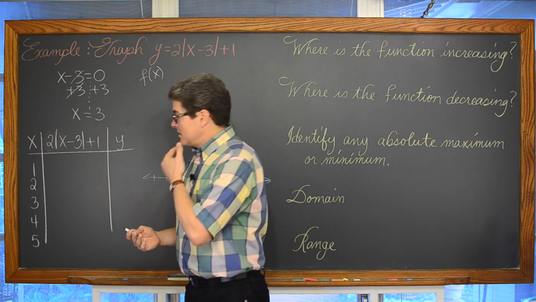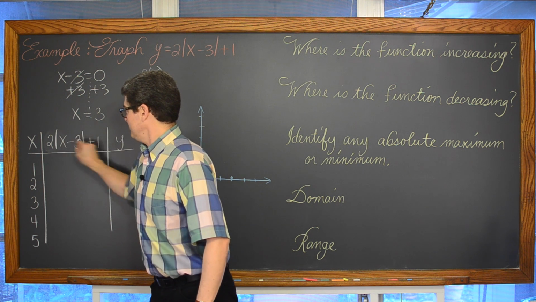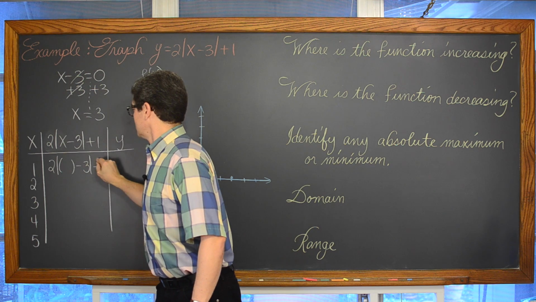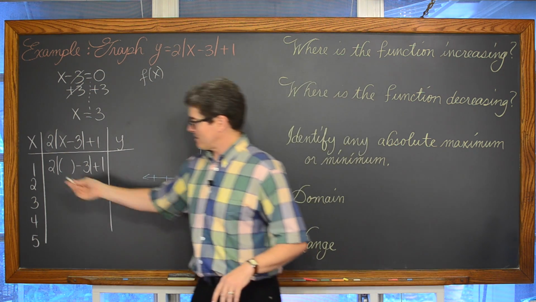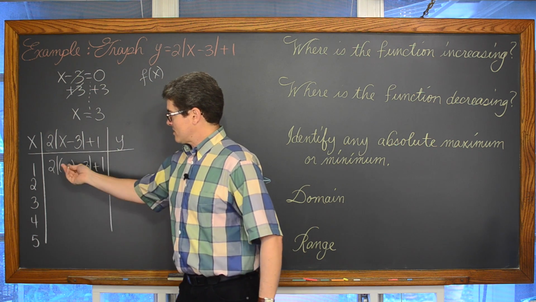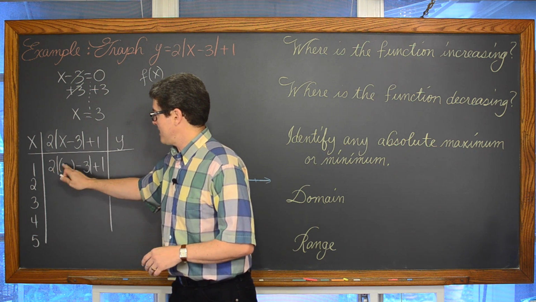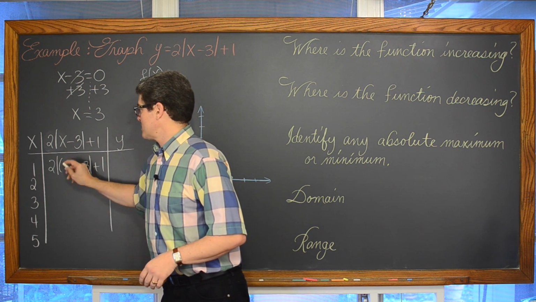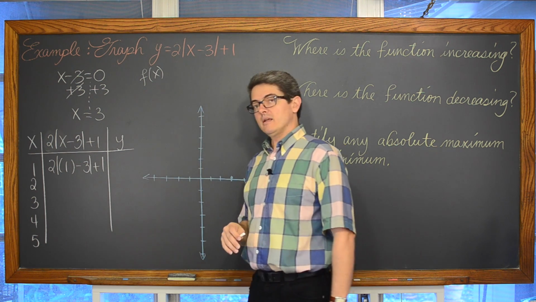Now what I'm going to do is take each of these x values, and I'm going to write the expression and not even look at the number that I'm plugging in, in case I'm plugging in a negative value. Sometimes that helps avoid any kind of sign error. So I'm going to write 2 times the absolute value of something minus 3, absolute value again, plus 1. That something is going to be equal to 1. We're going to work out the arithmetic for this and get a value of y.